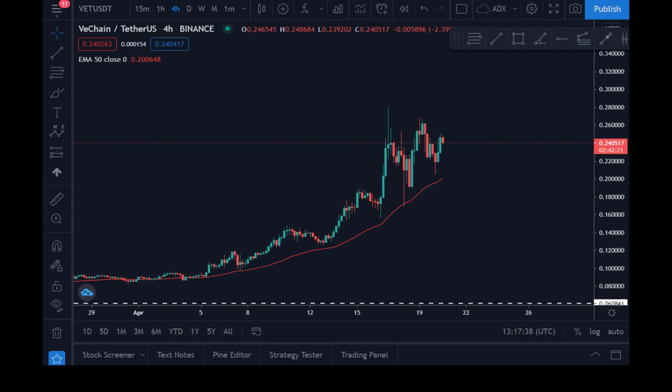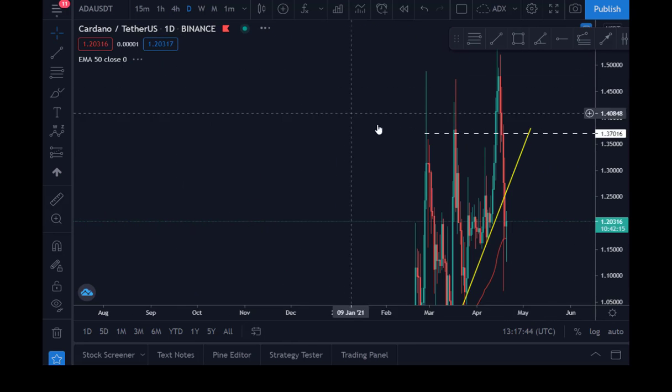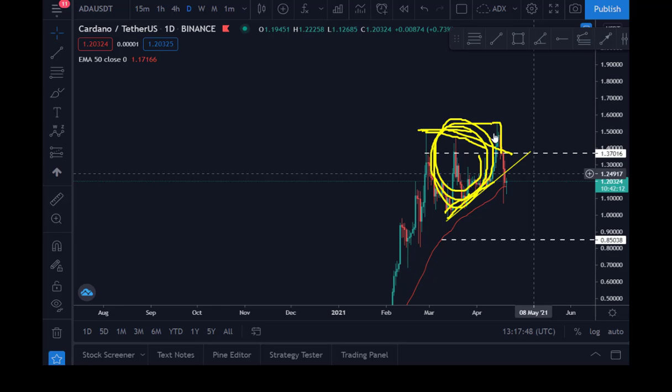All right, so let's take a look at Cardano, guys. If I go to daily, look at what I told you. As I told you previously, anytime we're having a contracting flat, no matter what happens, it will definitely break out before coming down. So breaking out of this previous high completes this structure, guys. You complete this structure, and now we go.